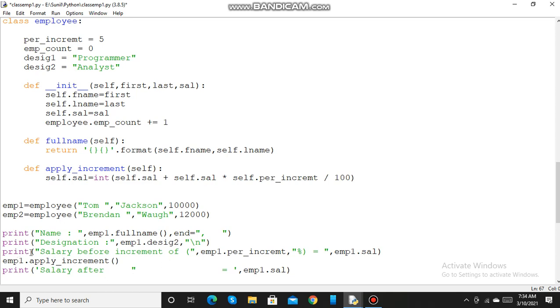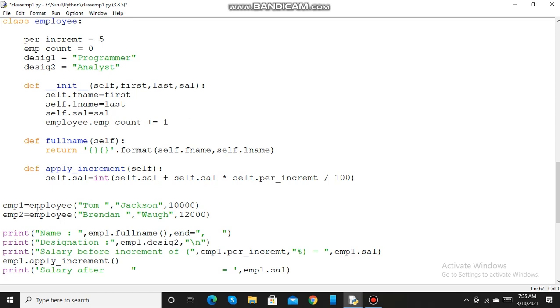Then after that in this print statement I am printing the salary before increment. So here it is printing the percentage. Here percent increment is a class variable. It is having value 5. So it is accessed by instance emp1. So emp1 dot percent increment will print 5. Then after that it is printing the salary of emp1.